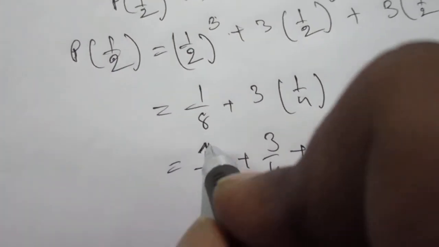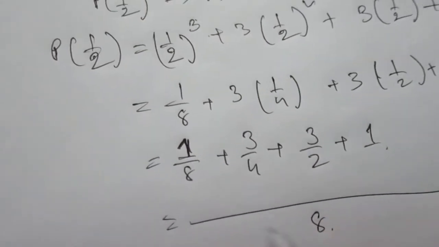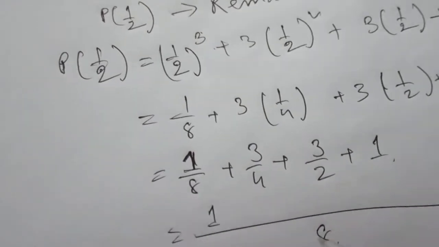So now what we can do? Now we have to take the LCM. Let the LCM be 8. So 8 ones are 8. It will be 8 ones are 8